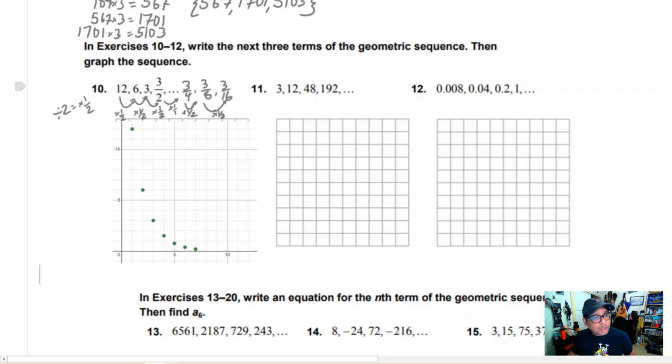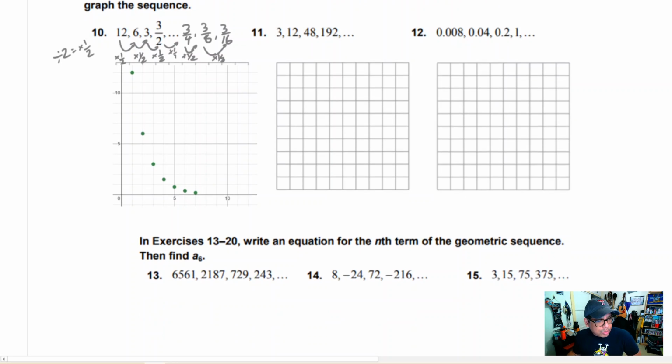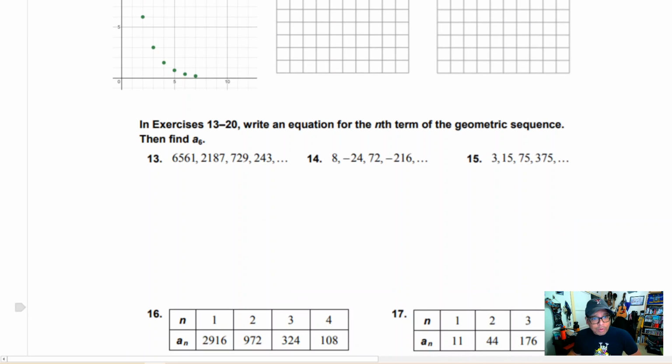Okay, moving on to the next one, we're going to write an equation for the nth term of the geometric sequence, and then we're going to find A6. Whoa, these are really big numbers over here. Okay, I do know how to deal with this. All right, so I want to get from 6,561 to 2,187. The quick way to find that number is to go to Desmos